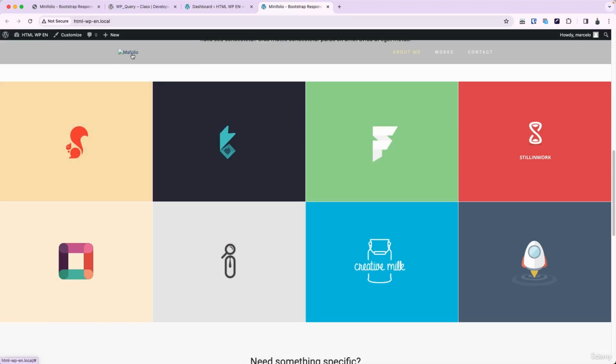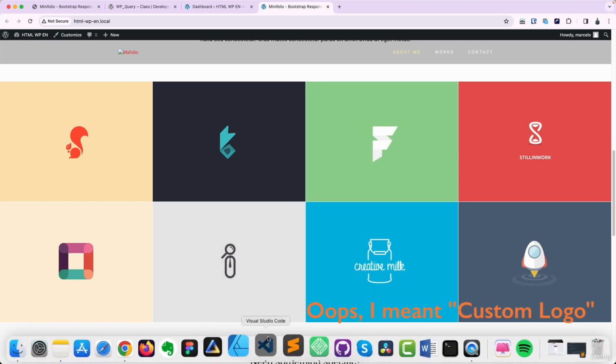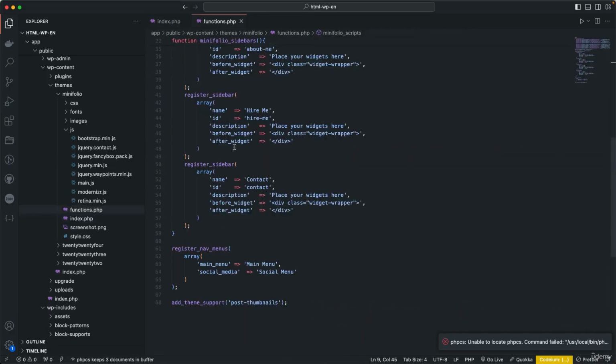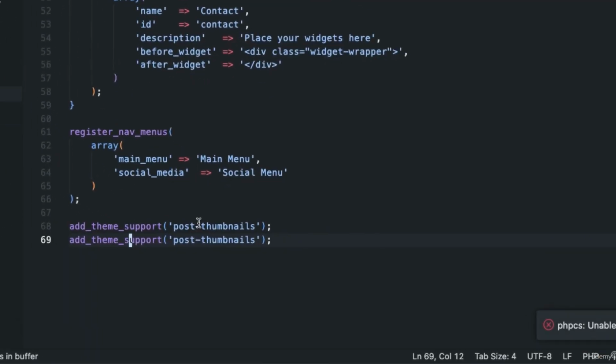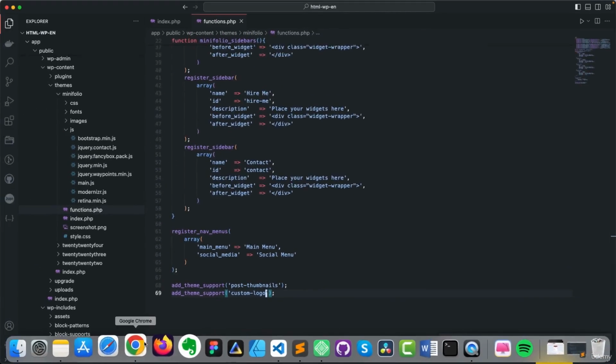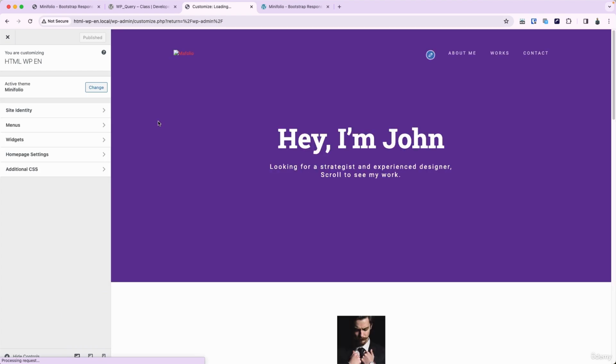And what more? We don't have the logo yet, but it's very easy for us to implement it. We just need to add one more support in WordPress called custom logo. So let's go ahead and open up our functions file and once again add one more support. This time it's called custom-logo. When you do this, if we open up once again our dashboard, you see that under Appearance, Customize, we have this Site Identity section,